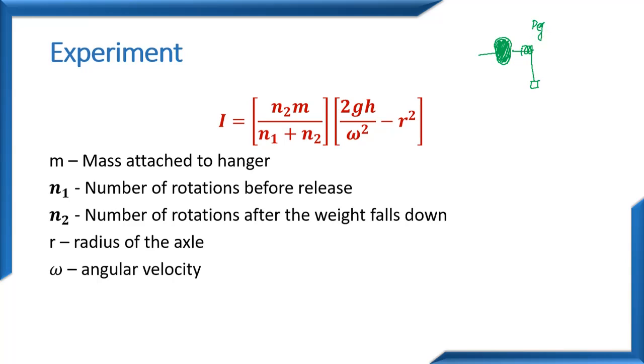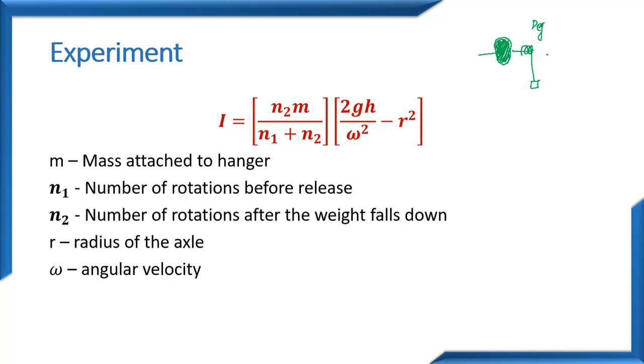So it is connected to a peg and this is rotated. So when this flywheel is rotated, with every winding the mass will come up, and the number of windings will actually tell us how much the mass has come up. So N1 is the number of windings which we have done,